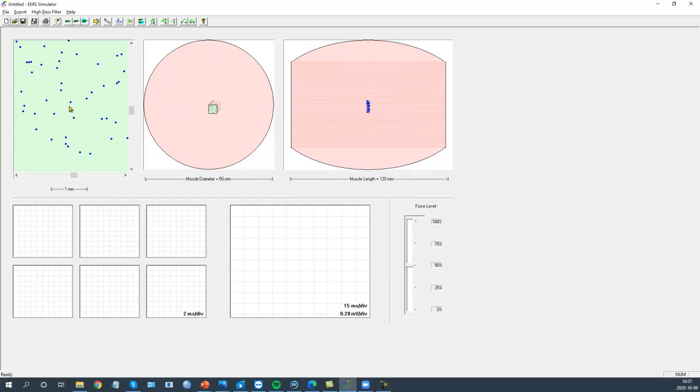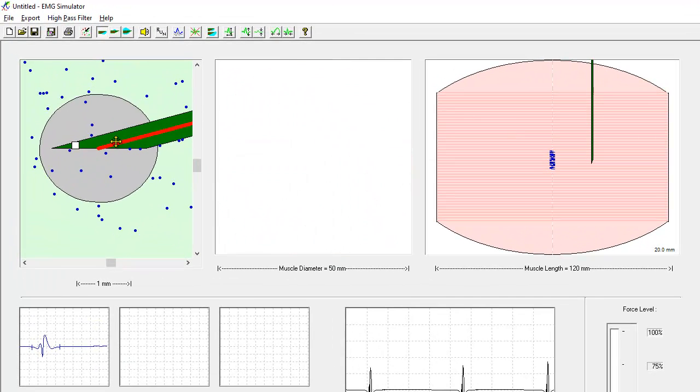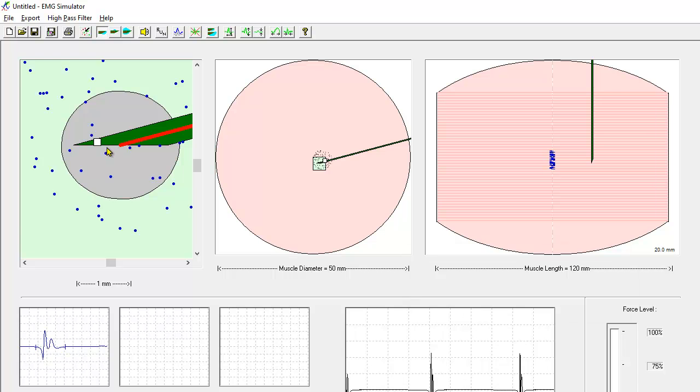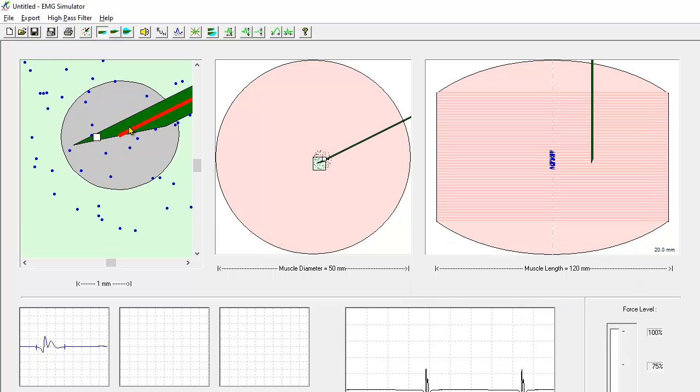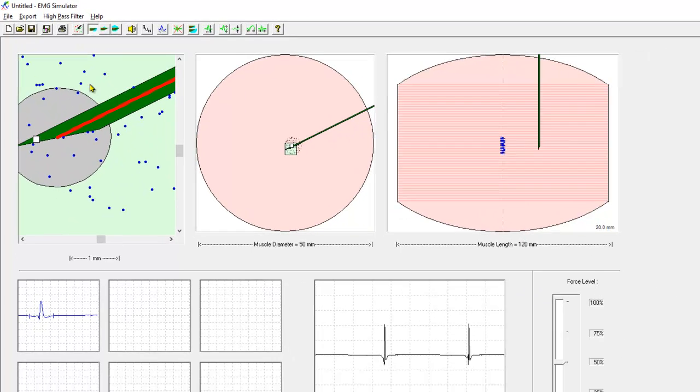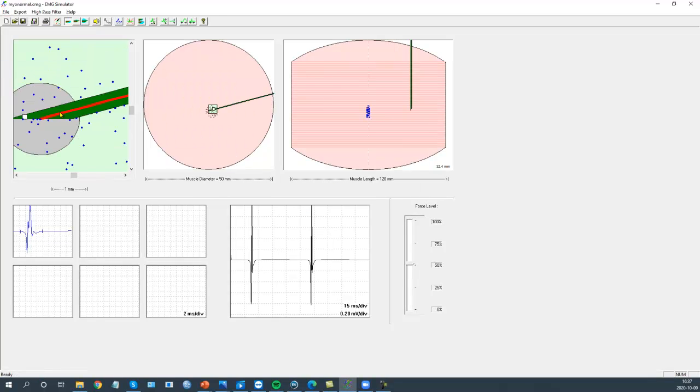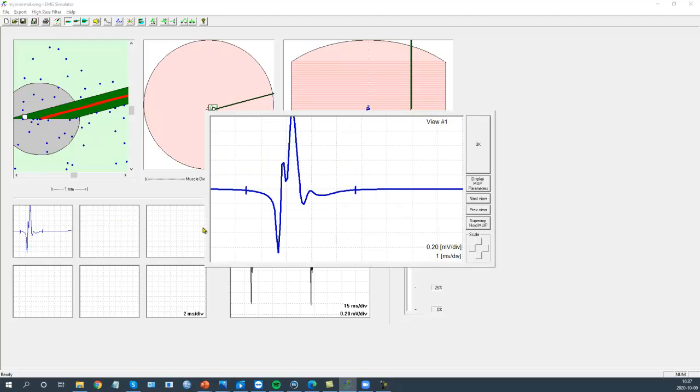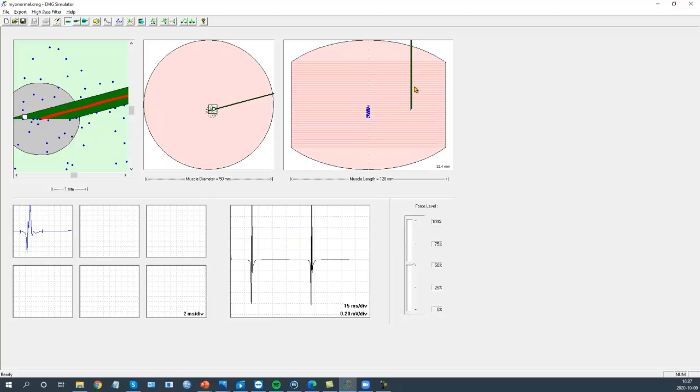Here are 100 muscle fibers inserted randomly, and here is a needle electrode that I can move around like this. Here we have the muscle fibers in a normal motor unit generating this particular motor unit potential. And now the question is